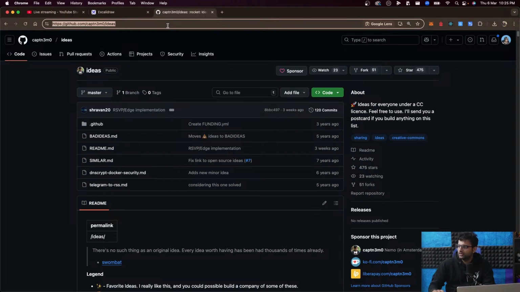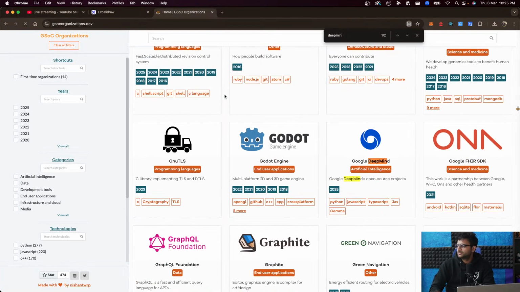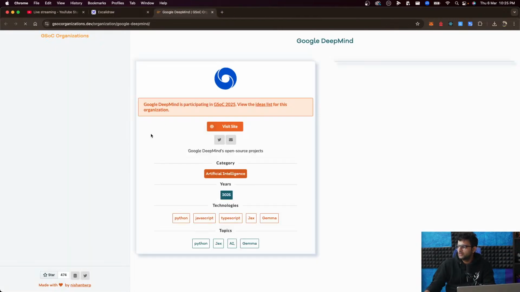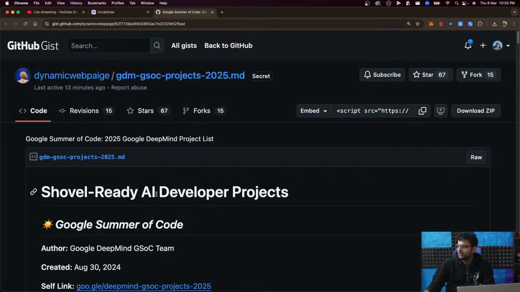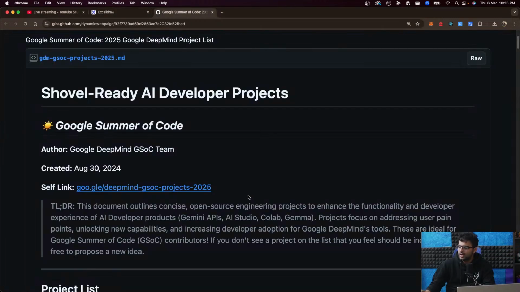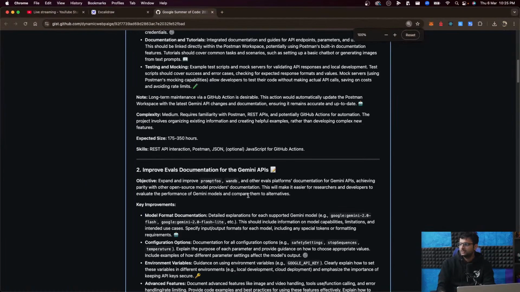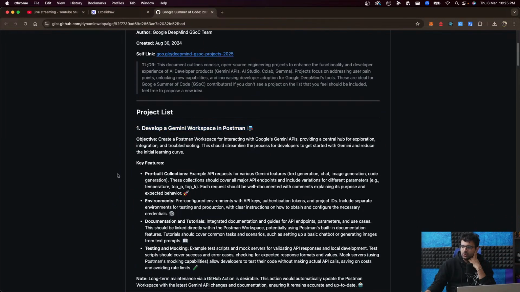But the one that I was talking about was, let's see, this one right here, the ideas list. You'll find a bunch of ideas that they're proposing. Some of them are very simple. For example, this one, anyone should be able to do this, even non-technical people. So I don't think this will make the cut for the final GSOC projects.